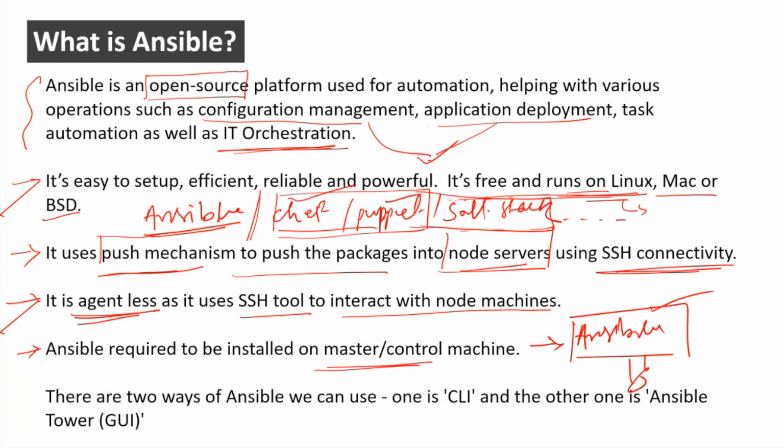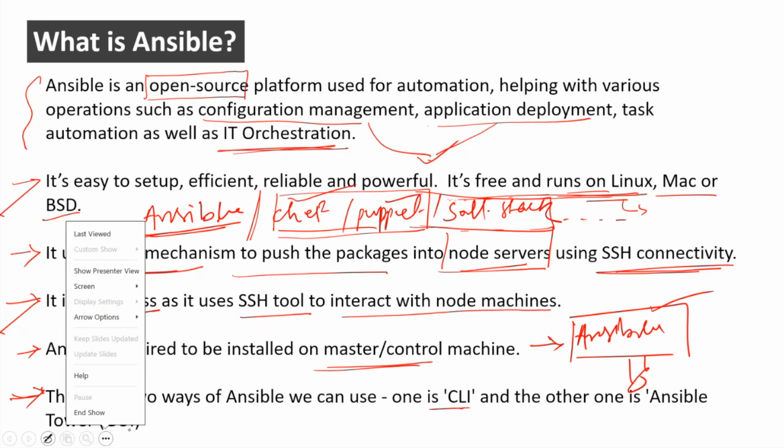We also have Jenkins controller machines, right? Jenkins controller or Jenkins master, that means where Jenkins is installed. Similarly, in Ansible also, where Ansible is installed, we call it the master or control machine. There are two ways we can use Ansible. One is the CLI and the other is Ansible Tower. So the two ways are the CLI, the command line interface,